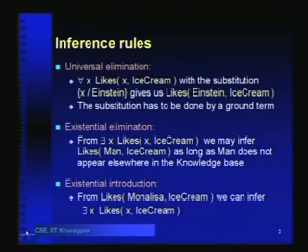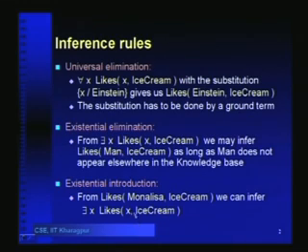The third one is existential introduction. So, if we are given that likes Mona Lisa ice cream, then we can infer that there exists X likes X ice cream. If we are given that Mona Lisa likes ice cream, then we can always say that there is someone who likes ice cream,